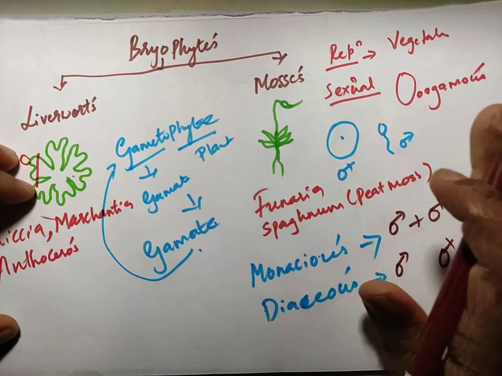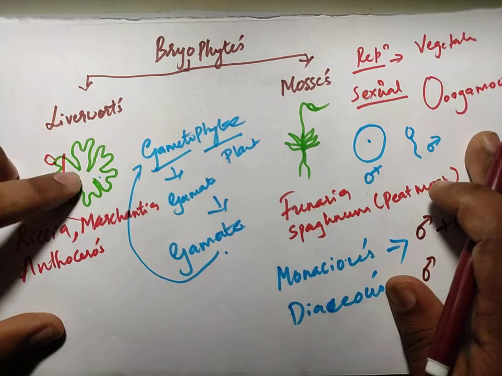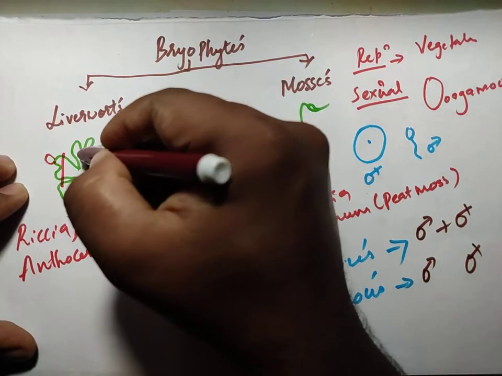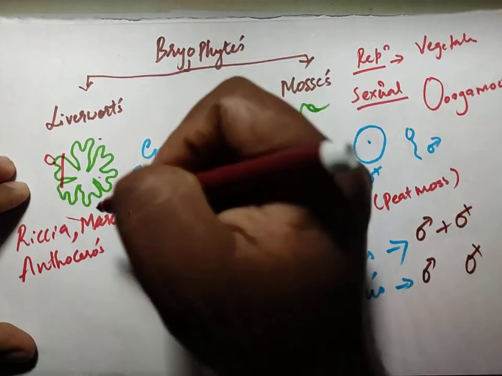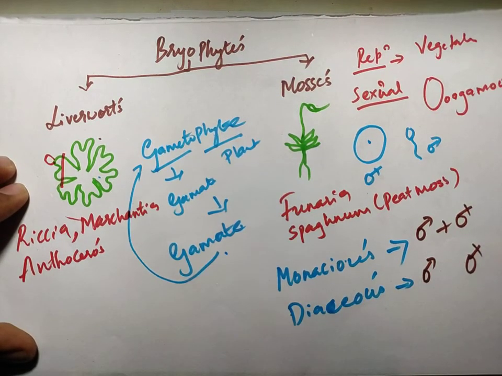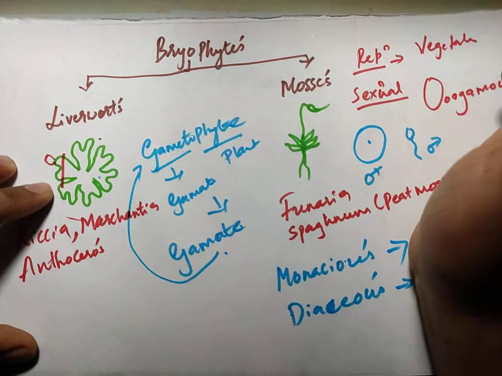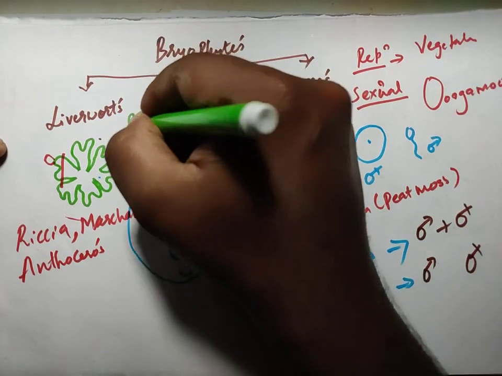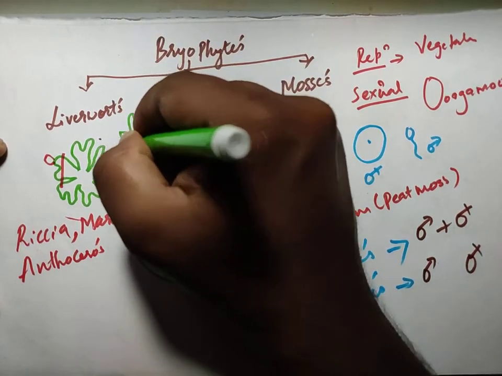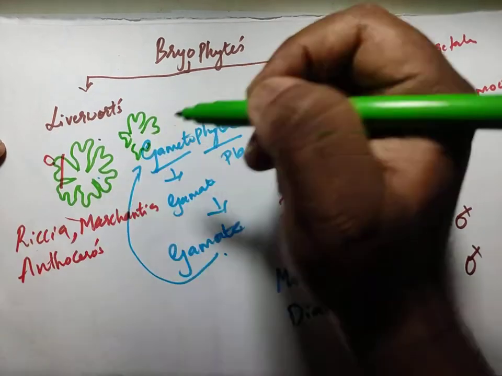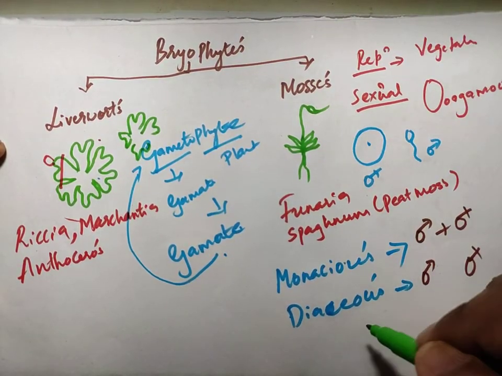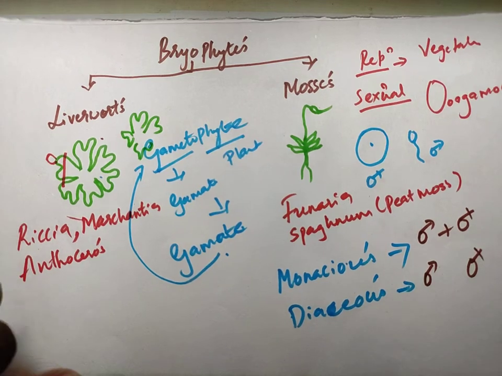That is, what I mean to say is, for example, if this plant, what you can see here, has both sex organs, that is, both the male sex organ as well as the female sex organ, then it is going to produce what? Male gametes and female gametes. Then it is called as monoecious. But if there are two different plants, for instance, let us take this diagram here. If this is producing the male one and this is producing the female gamete, then it is called as a dioecious plant. So this is important. Okay.